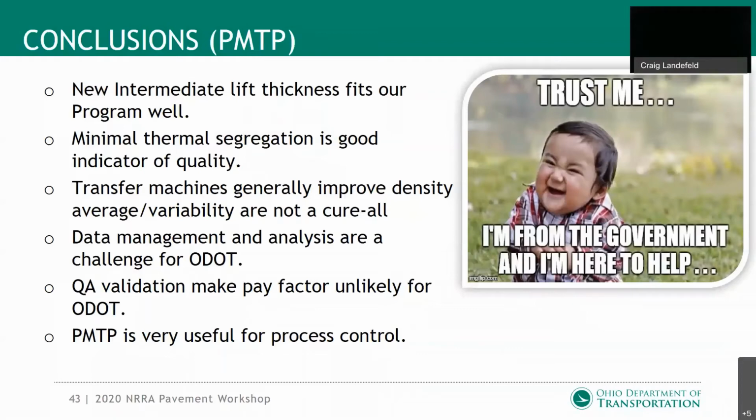So we need to have some sort of measure of what we're putting down on the road. Just specifying transfer machines as we're currently doing really is not protecting us from potentially some issues. Data management analysis are still a challenge for ODOT with the thermal data, just the way our staffing and crews are set up. It's just a little difficult for us to manage the amount of data that's coming out of these things. That's something that we're going to have to look into and figure out as we move forward with